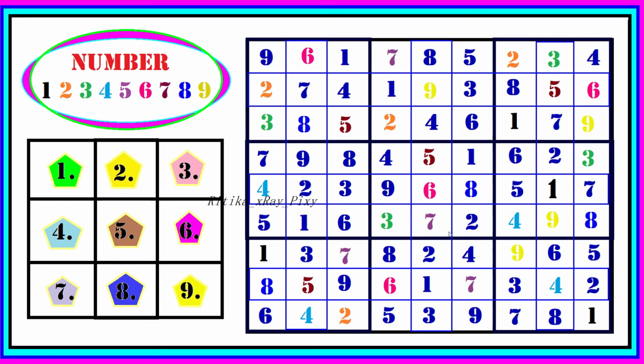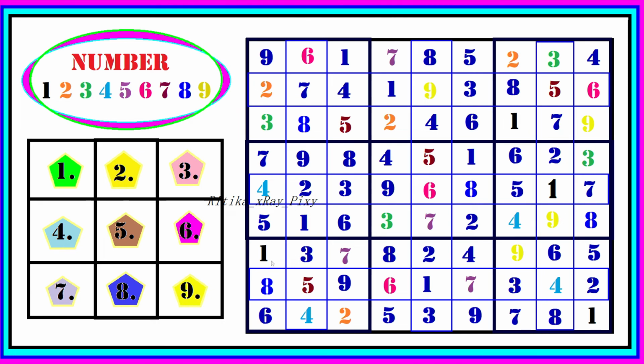Now we will check whether it is accurate or not. So here we will check all the digits in the rows. Here we have certain ways we can check whether it is accurate or not. First we will check the digits in the row. So here in the first row you can see we have 1, 2, 3, 4, 5, 6, 7, 8 and 9. All 9 digits are present.